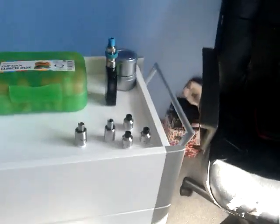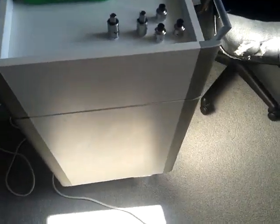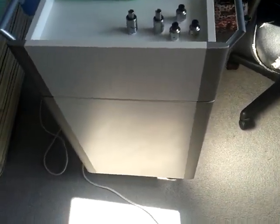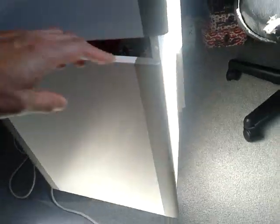Quickly as well, I'll just quickly show you my mixing station. Don't know why, but why not? Yeah, I bought this off a friend for 40 quid years ago. It's on wheels as well, so when I finish mixing I can wheel it out and wheel it back into the hallway. Everything's kept in the dark. I've got all my room in there for all my mixing things, and everything's nice and